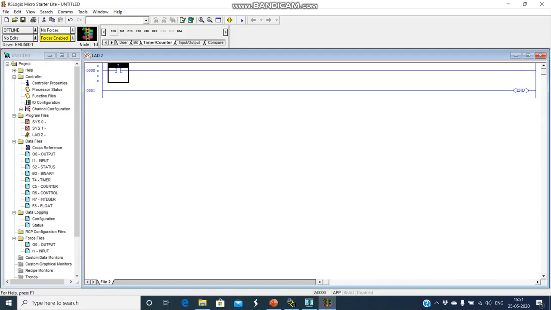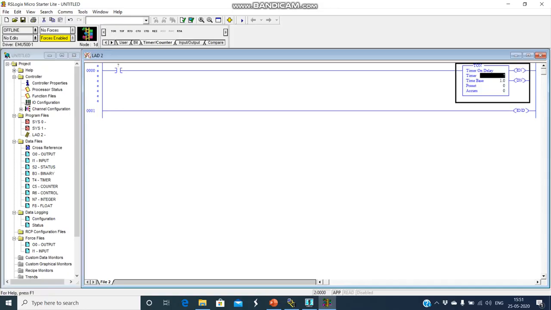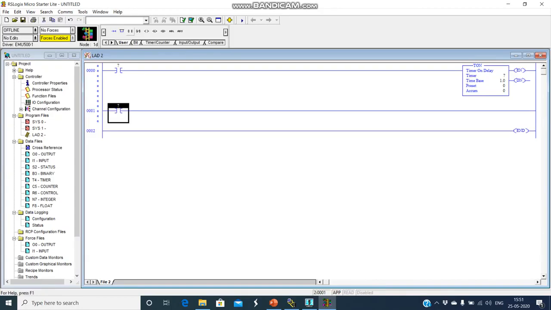So in timer and counter, we need to select TON. TON is the timer. So you can see here that TON has been initialized. In the next line, once again, we require one input switch to ensure that the done bit is energized,